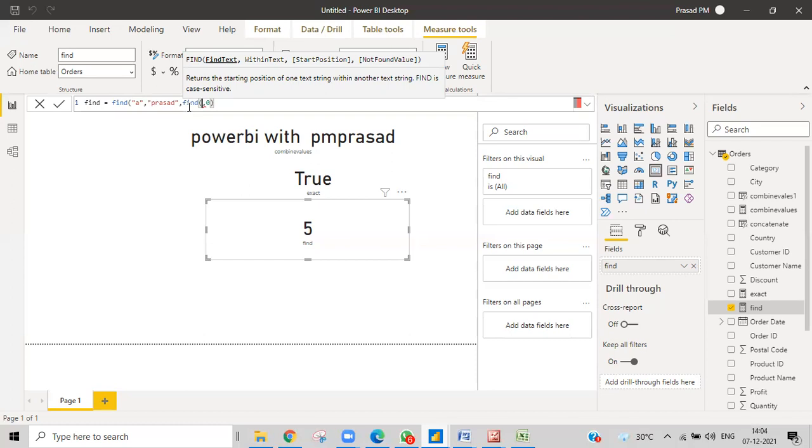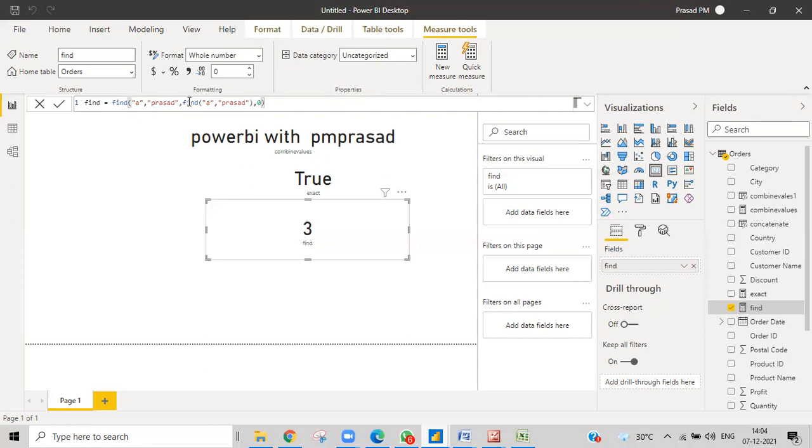So we'll find the first occurrence of A. That is very simple. Just write the same code, with the same text, P R A S A D, and then close that. That gives the first occurrence, and obviously we'll get 3 only. Earlier we gave 3 over here, so we got 3 as the answer. So what we did, we made it 4: we ask it to start from the next character after that first occurrence. So we just add plus 1.